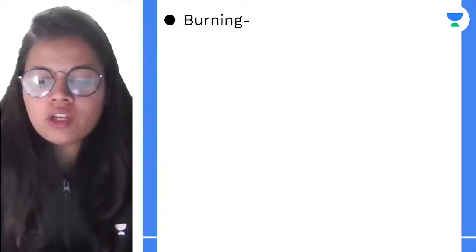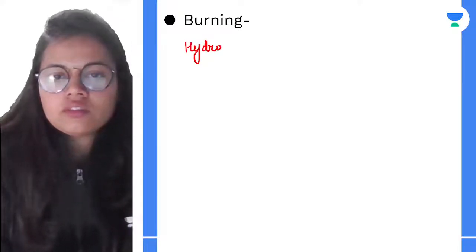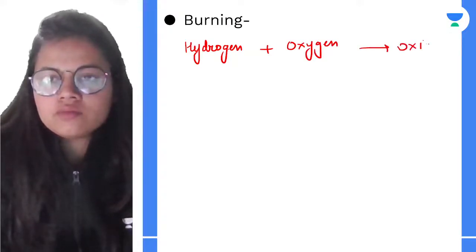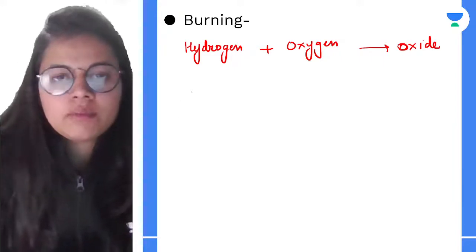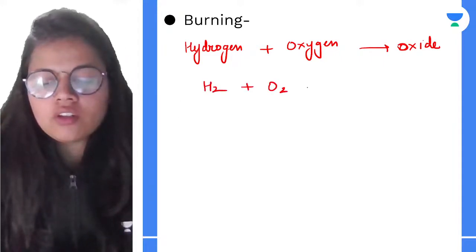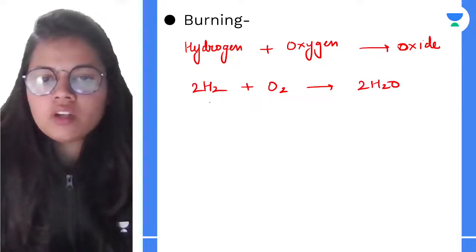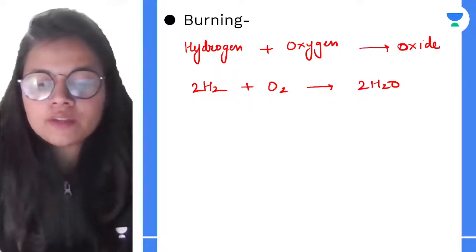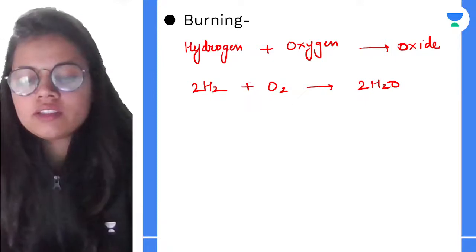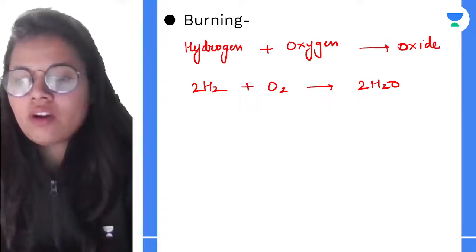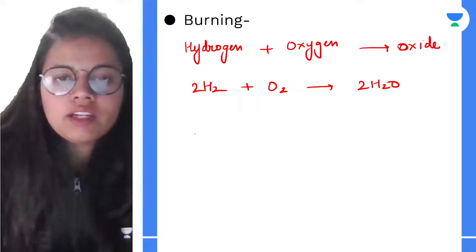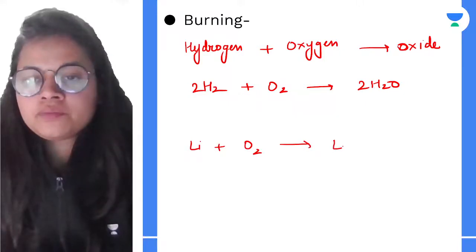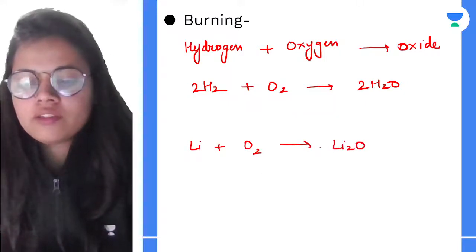Next is burning. So when hydrogen burns in oxygen, it forms the oxide. The oxide is of course water. So what is happening? It is burning with oxygen and forming water. Hydrogen burns with a pop sound. This is actually a test for hydrogen also. Now if we talk about alkali metals, they are also burning in oxygen to form the oxide. For example, lithium, if it burns in oxygen, it will be forming, and when we balance it, we will have,